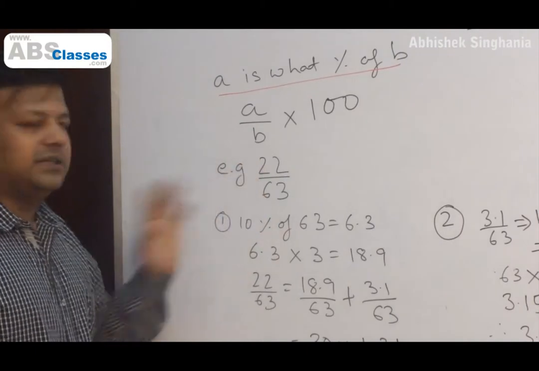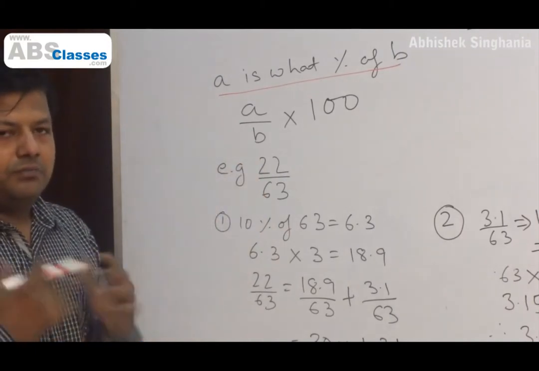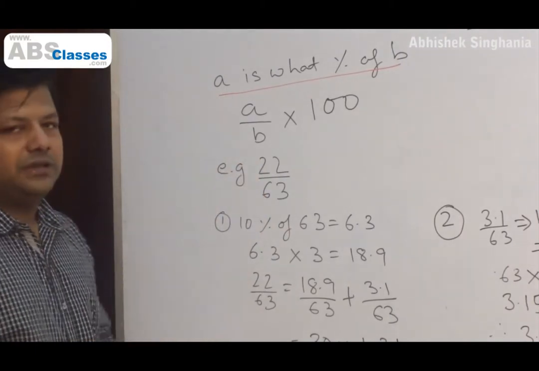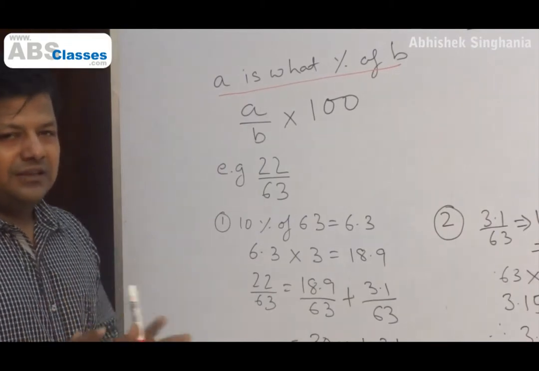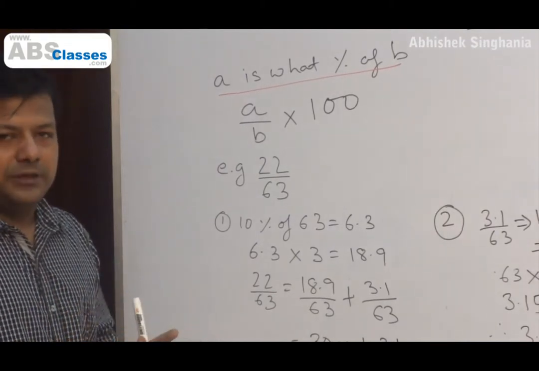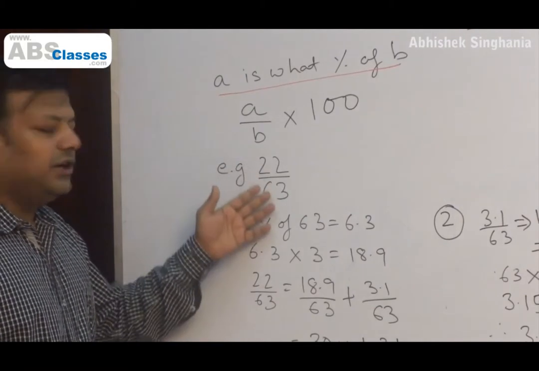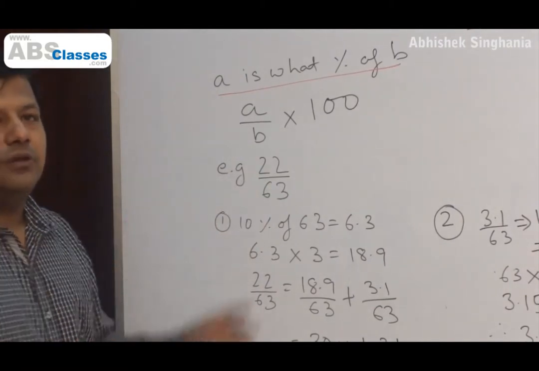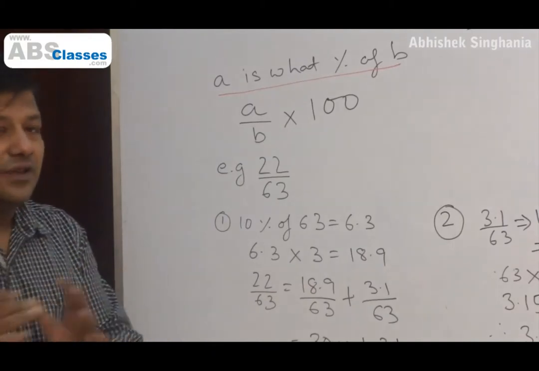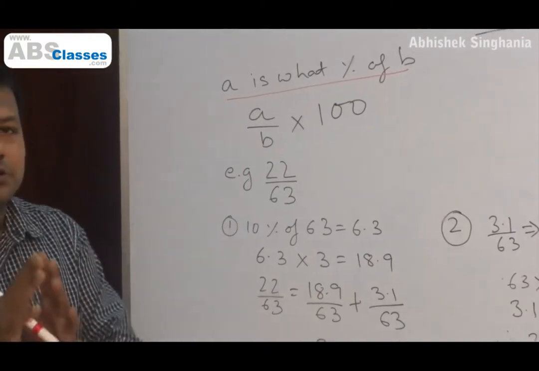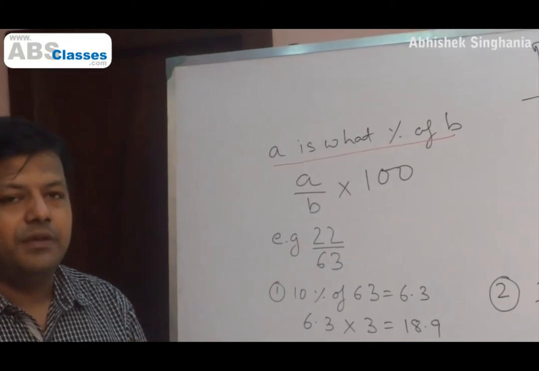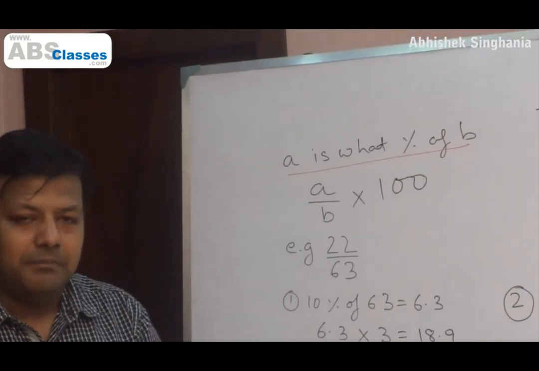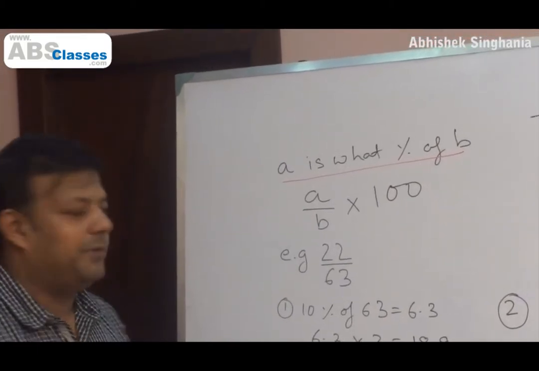Say 22 by 63. Right? Now, instinctively when I look at this number, I get a feeling that this is much less than half of 63. Right? It's more like 1/3 of 63 and all. Okay? But how do I find the exact percentage value of this fraction? A series of steps. Remember that disclaimer, there is no foolproof way or exact way. We will have to go about it in a certain method only. Let's understand the method properly.